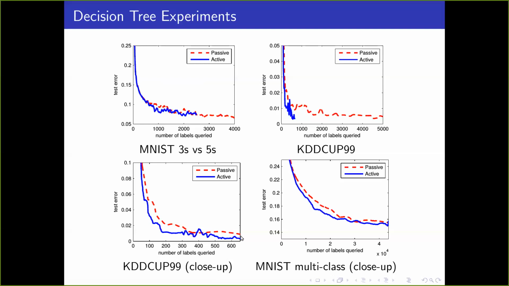Let's look at the KDD Cup 99 data set. About 750 examples are queried by the end by the active learner, while the supervised learner queries 5,000. Why did the active learner stop? It's because you're running through the data. We're imagining the data was drawn IID and then labeled, so we want to simulate what would happen if you were working with an actual stream. You run through the data one at a time, you make a decision, you live with the decision, and then you run out of data at some point.